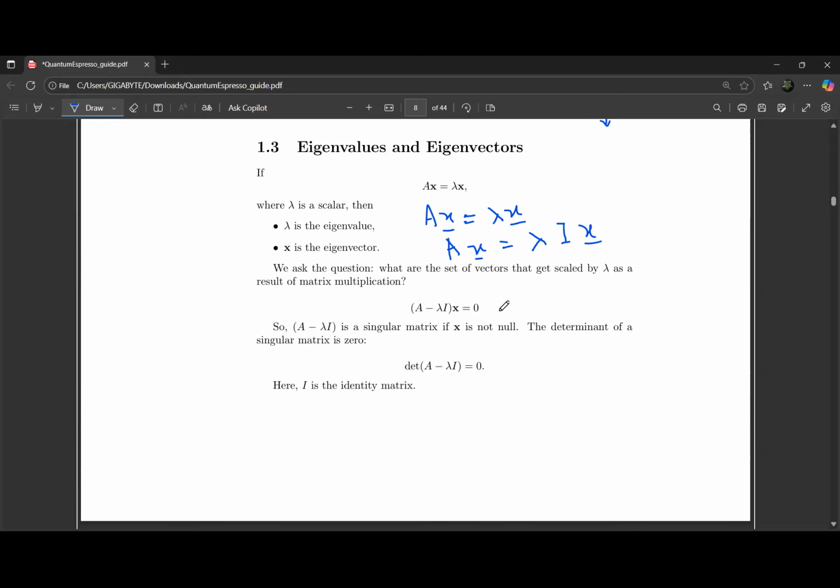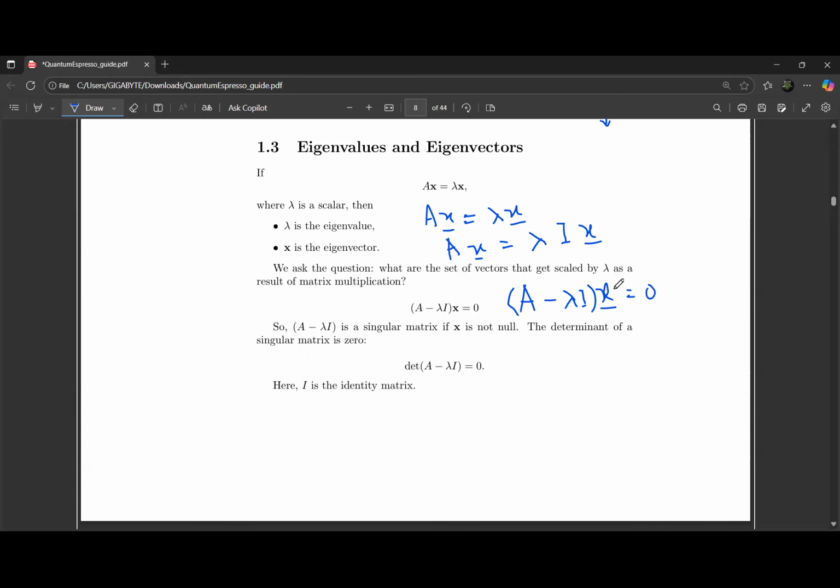And we can then shift this whole thing to the left-hand side, and write it like A minus lambda I, taking the x vector common,